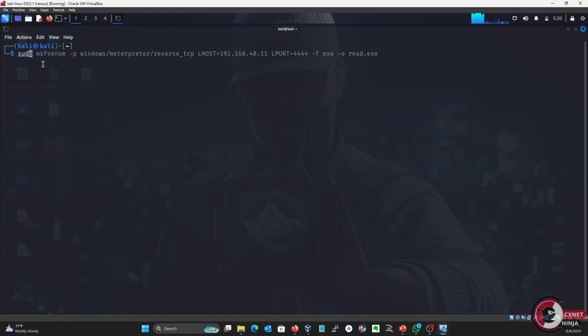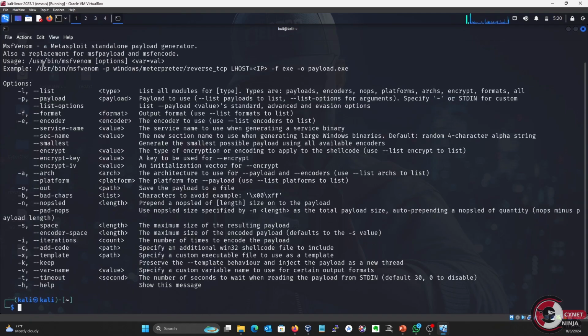So first we type sudo, then Msfvenom, right? And then from there you can type -h. So these are the associated commands that come with Msfvenom. You have the -l for list, you have the -p for the payloads, right? And we have the -e for the encoders. So we can go ahead and type this command,